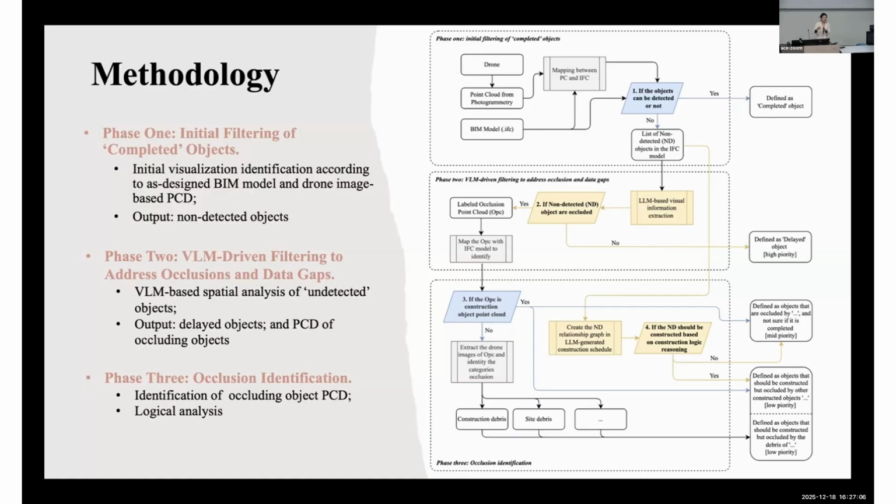Is the occluding element a temporary component of the construction site, or is it a constructed object? It is also mixed with construction logic to do step-by-step prediction, so that we can have a more accurate result.